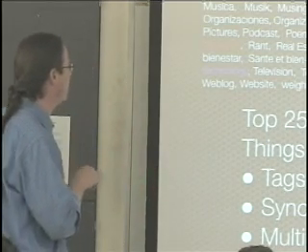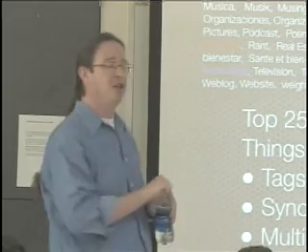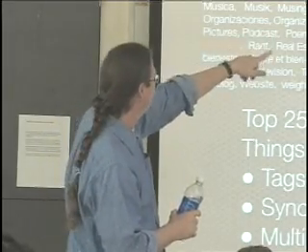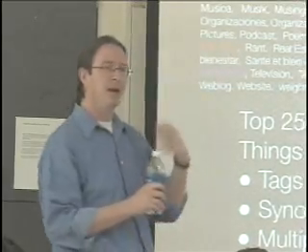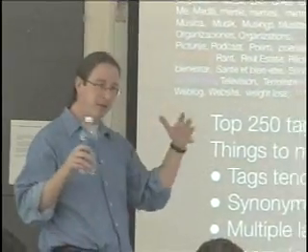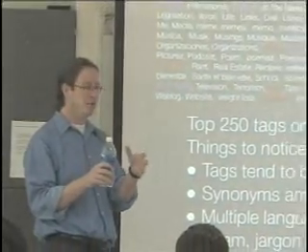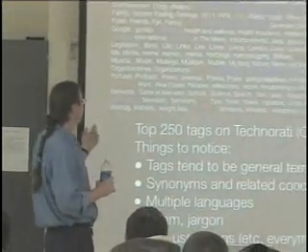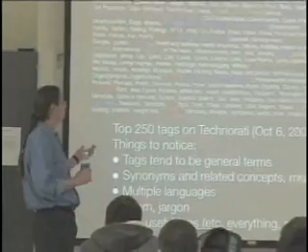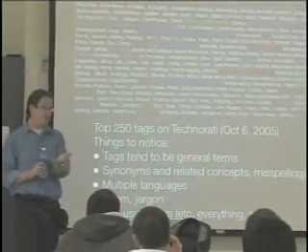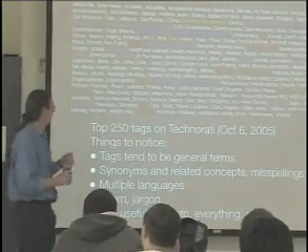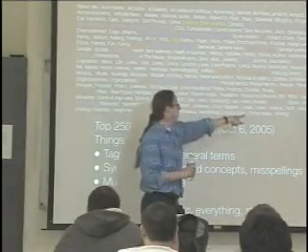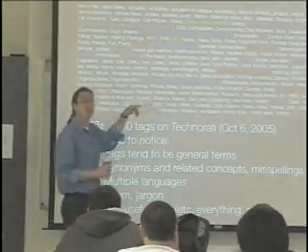The first thing that we noticed right away is that a lot of the tags are very general. Right? They're things like politics or general or history or hobby. Right? So we didn't really expect them to be categorizing articles that were very similar to each other. We thought they would be broad topics. Lots of synonyms and related concepts. We knew that would be a problem right away. And this is a common criticism that comes up with tagging is, should I tag something video or videos or movies?